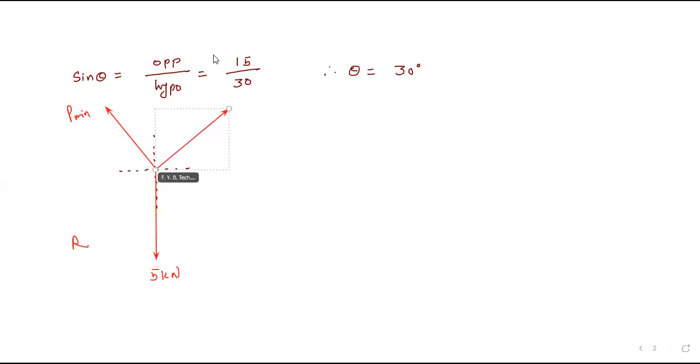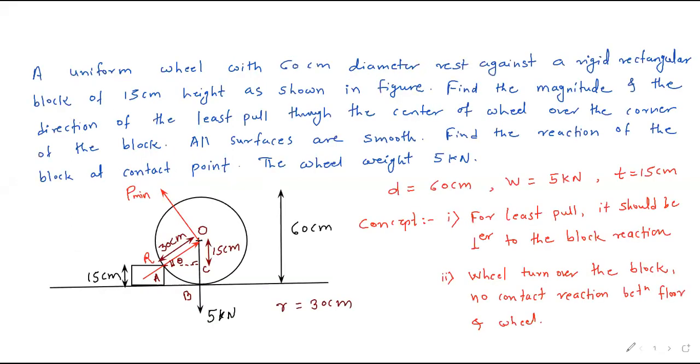Okay. So now we have already calculated, we got this angle as 30 degree. Okay, because you can see here, this line is the horizontal line. If I draw any horizontal line over here also, then this angle, and if I extend this line, then these two will be corresponding angles.